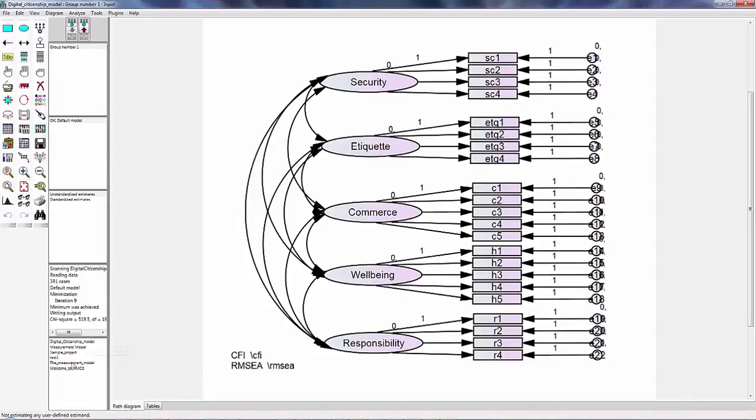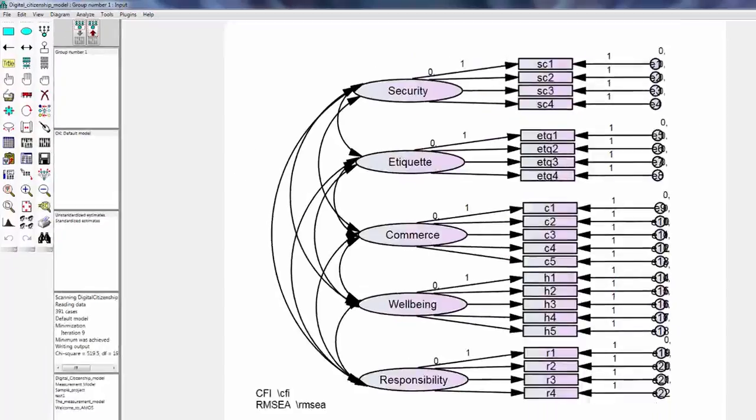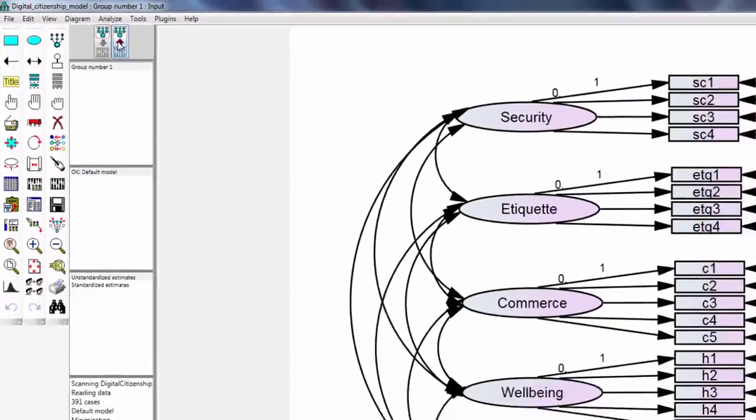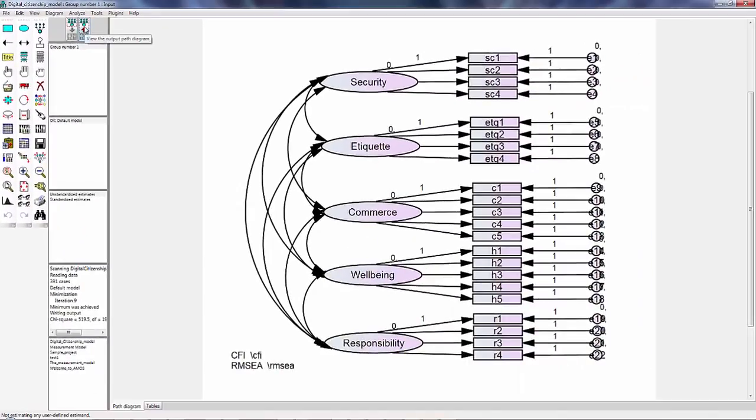So you'll see changes in the input-output window just now, and also that a window was showing here, but that was for a split second, very fast. To see the results, you'll notice that this View the Output Path diagram has been activated now. If you remember, previously it was grayed out. We click on it,